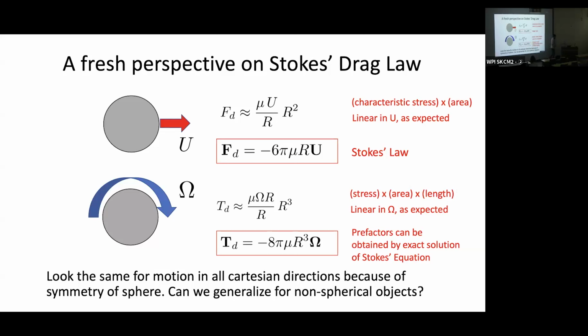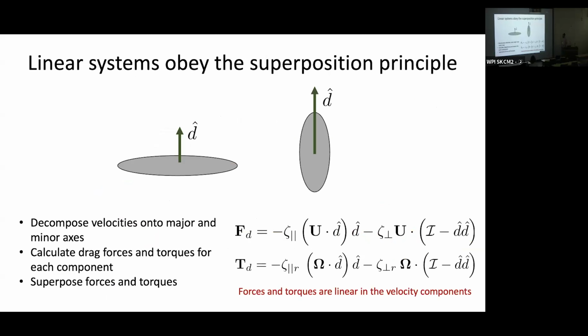So let's build up to something more interesting. Let's look at a spheroid. So I have an oblate spheroid on the left, prolate on the right. Well, here again, we can use linearity. If I have a velocity in an arbitrary direction, not shown, but if I have an arrow like this, then I can decompose onto the axis parallel direction, and I can also project out the axis parallel direction by this kind of math operation. I can calculate the drags separately for those 2 problems and then superpose them. So very easy to obtain everything but the